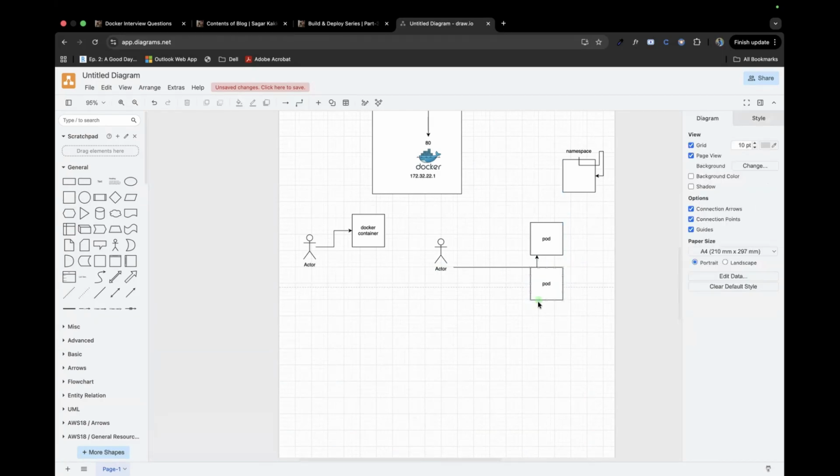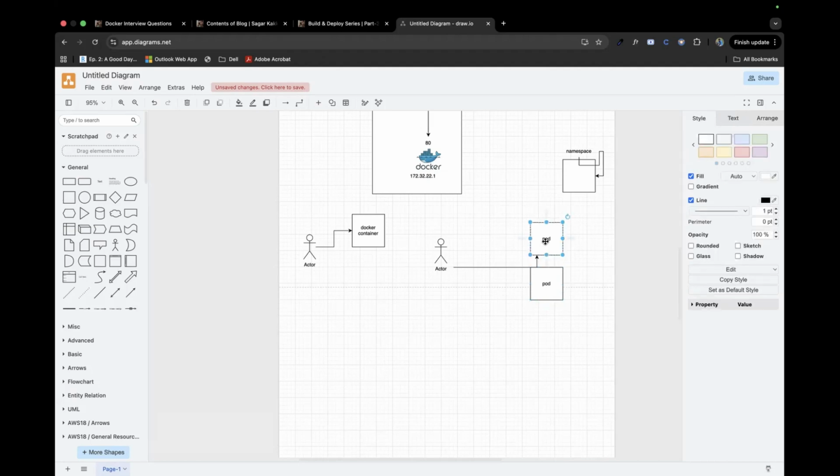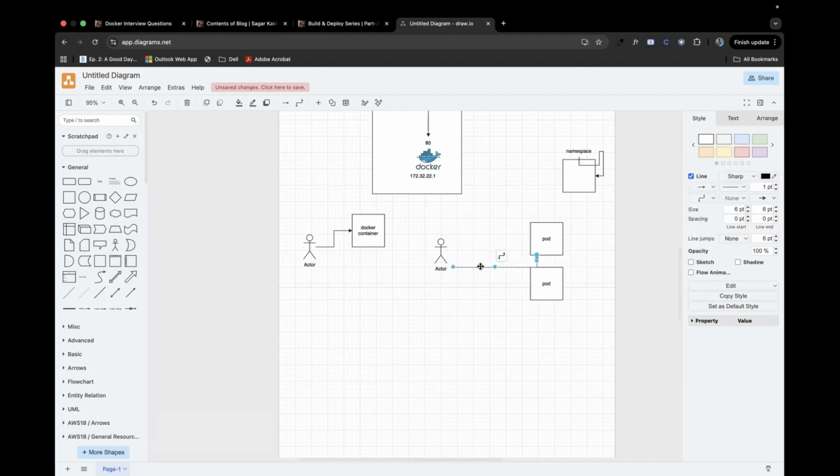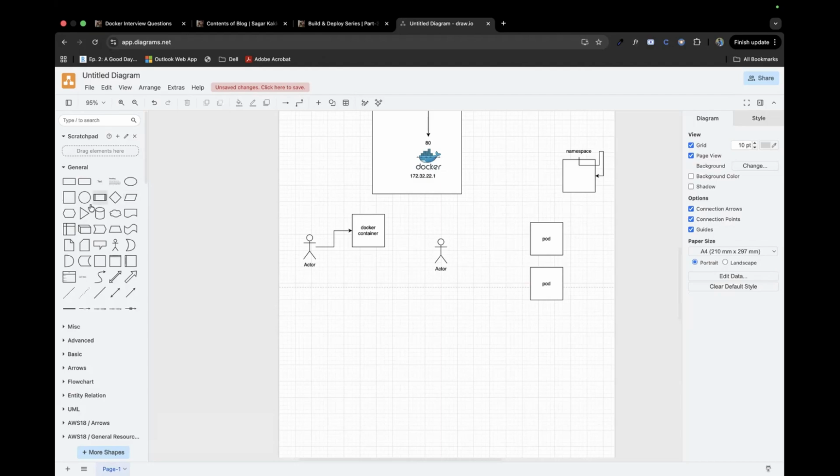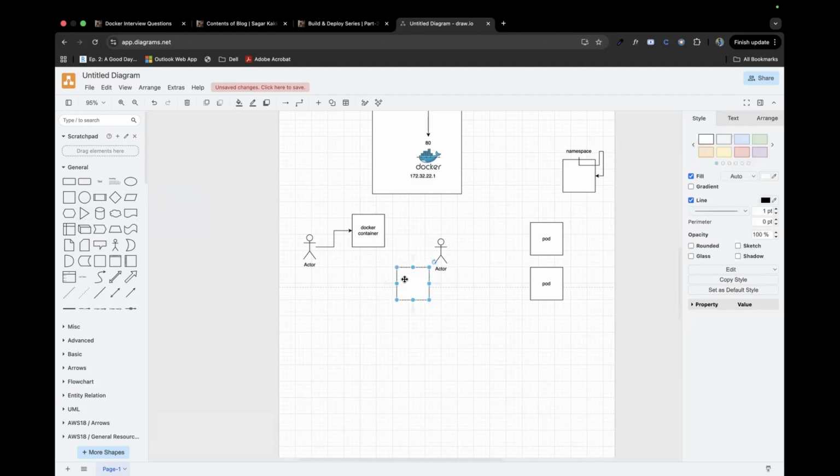So the IP of the pod changes every time a pod is deleted and a new pod is up. So we could not ask the user to directly access the pod, because if someone deletes the pod accidentally, we would always have to give them the new IP. So to counter this, we will be using something called a service.